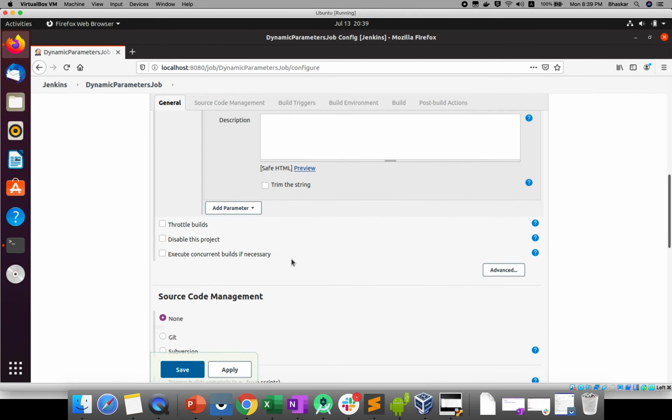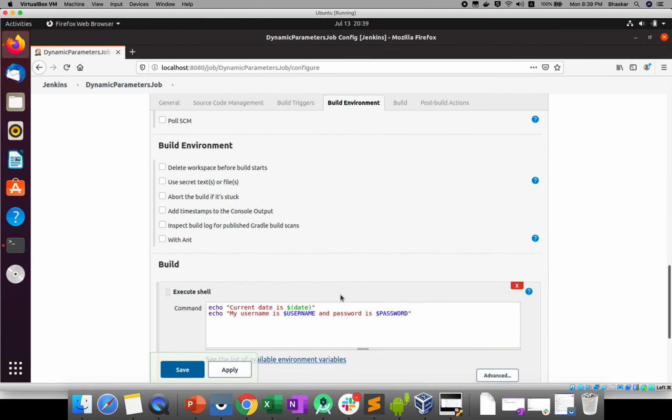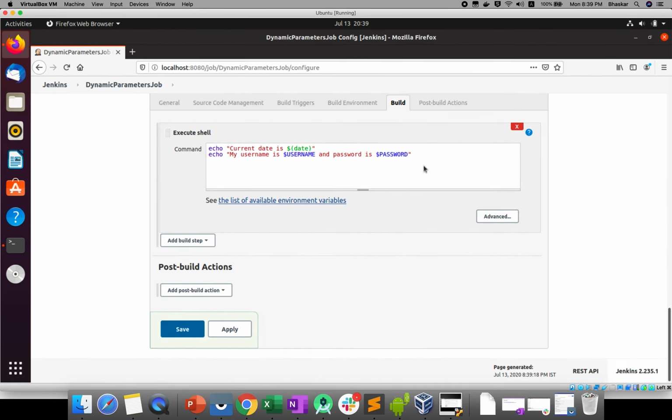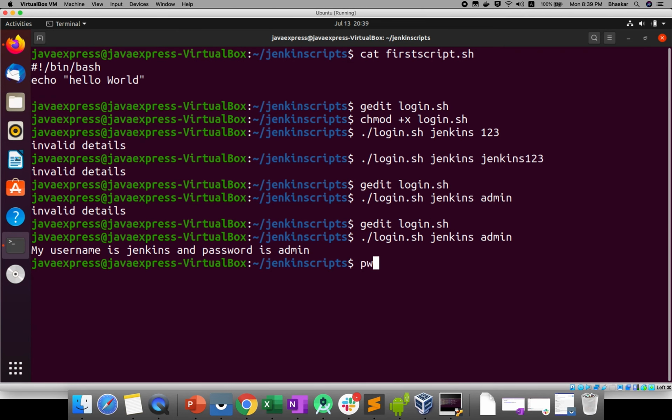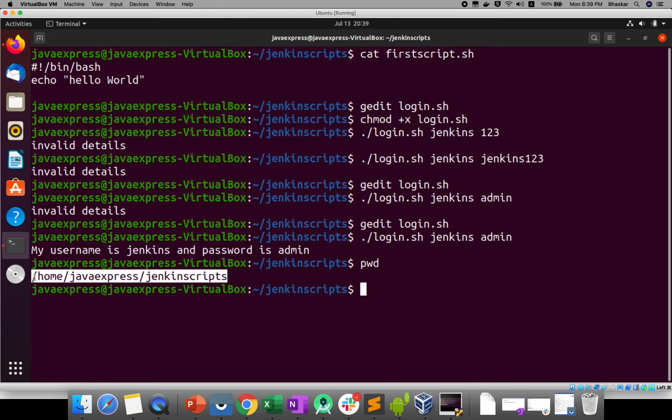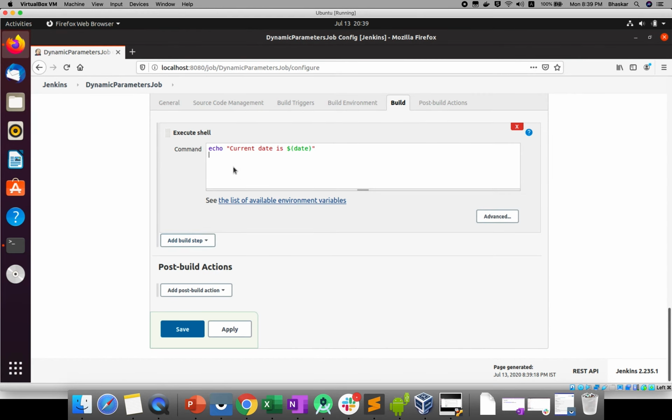If you go down here, I will give my path. Here you can provide your shell script path. If you don't know the path, just go here and grab your path. This is my path. Copy and paste it here.